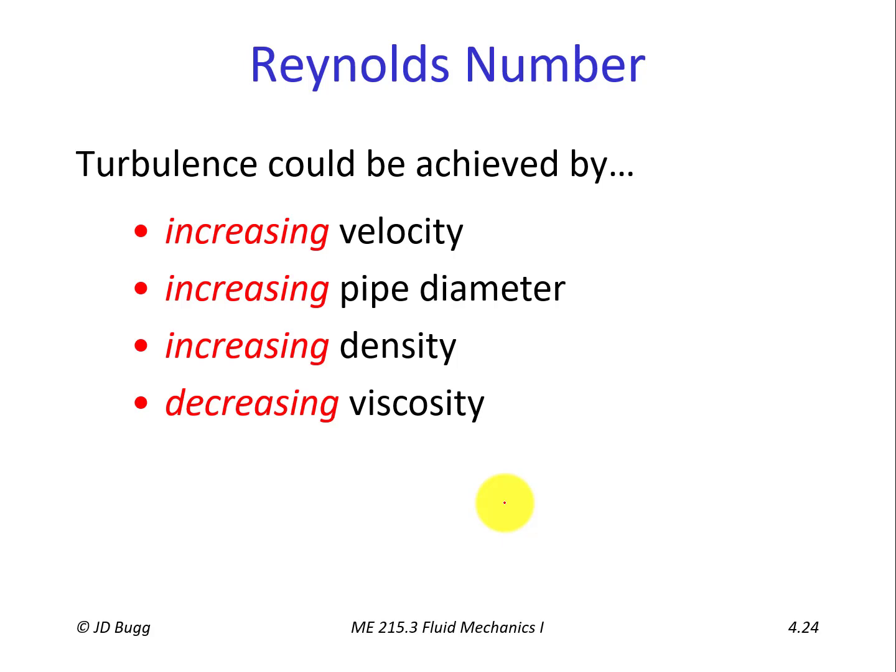So if we take all four of these quantities and we put the first three in the numerator because they increase the likelihood of turbulence, and we put the fourth one in the denominator because it decreases the likelihood of turbulence, we get what is called the Reynolds number. So the Reynolds number is defined as rho v d over mu. So rho is the density of the fluid, v the average velocity of the fluid, d the pipe diameter, and